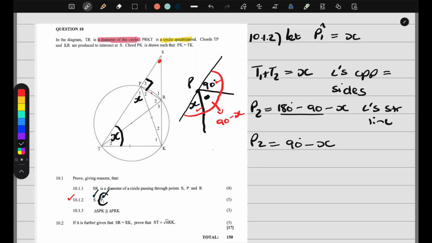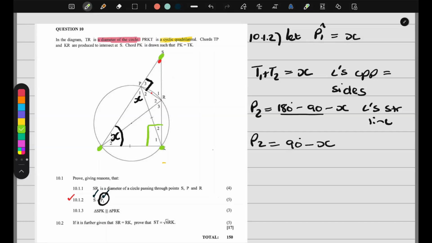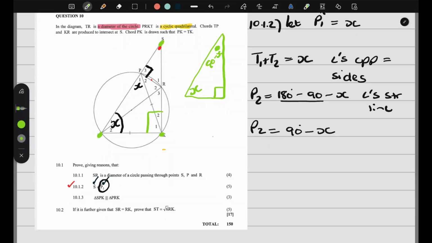So we have P2. We just need to work out angle S. I'm going to work in the big triangle. Angle STK. Remember we proved that this whole K is 90. So let's take it out. I'm going to take it out so you can see. This is 90. This is X. So what is this angle over here? It's 90 minus X because they go together. If you don't feel confident,